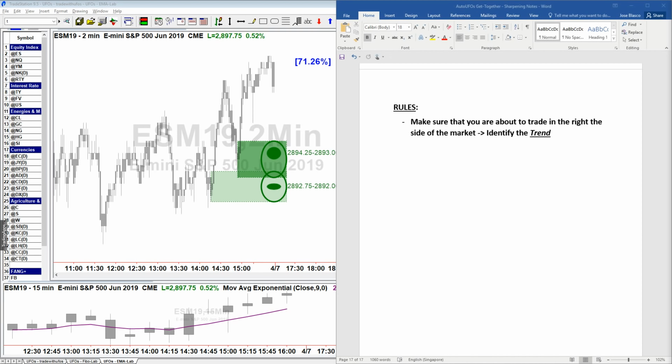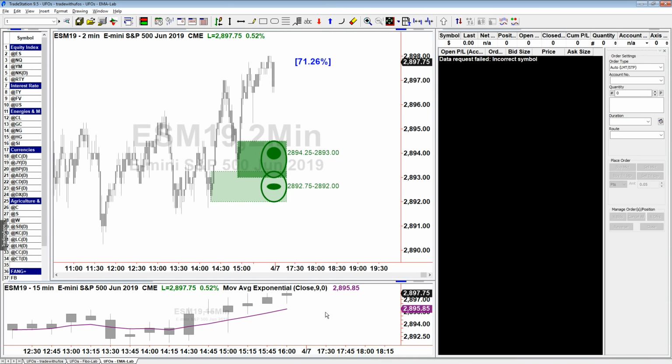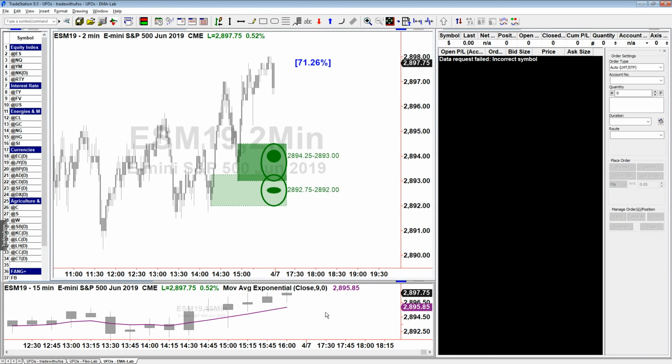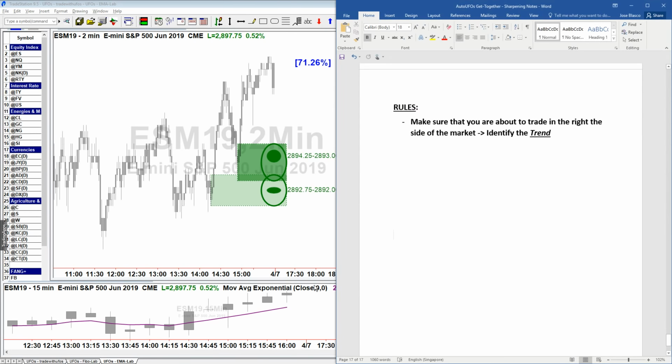Okay, get it? What's the bottom line, guys? It doesn't matter. What matters is that you have a rule and you follow the rule with discipline. Now, of course, the better your rule is, the smarter it is, the better. But you could certainly use other rules and it's still good. The key is that you always need to ask yourself this question, which is: what side of the market should I be in? So make sure you are about to trade on the right side of the market. This is key, my friends.